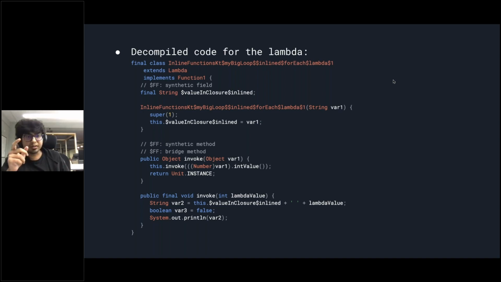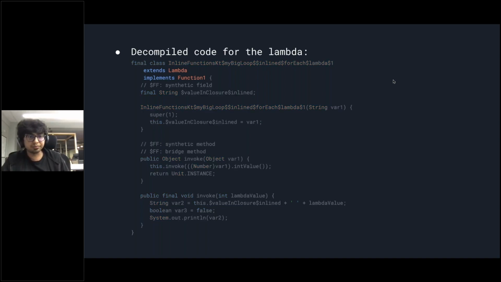As we discussed earlier, it has an implementation of the Function1 interface, which makes sense because it has one argument. That's how Kotlin makes it a first class citizen. It makes an implementation of the Function1 interface, and it extends Lambda, wherein Lambda is just for typecasting. And this would be our invoke function, wherein we take the value in the closure